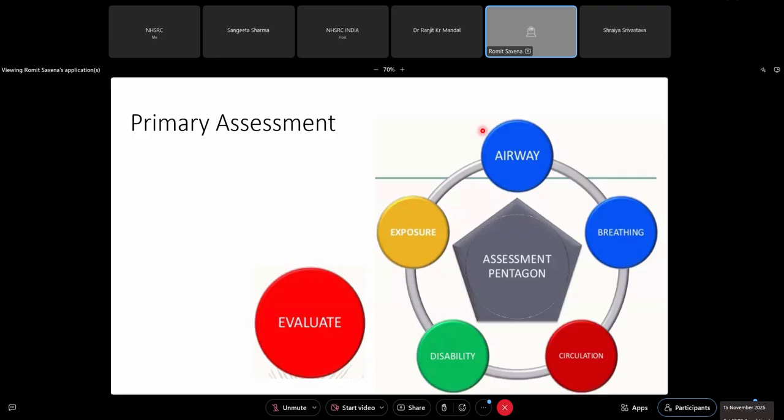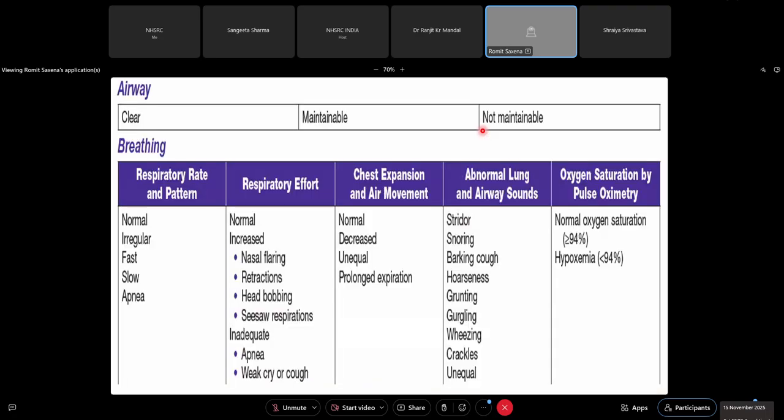You can't start a Meropenem, Vancomycin, Fluconazole for every patient with fever and cough who comes to you. Otherwise, after some time, it'll stop working. So what you need to do is identify how the patient is: is the airway maintainable or not maintainable? Look at the breathing, see how the respiratory pattern is, whether the chest is expanding. Remember your basics, what I had said in the beginning. A good history and examination give you 85% of the time where you want to go.